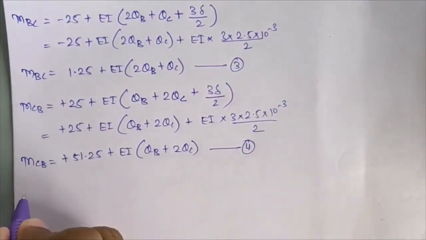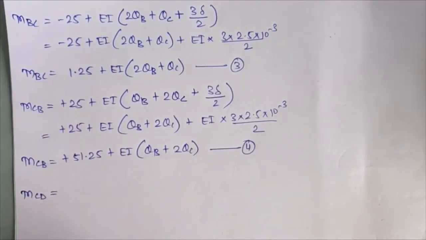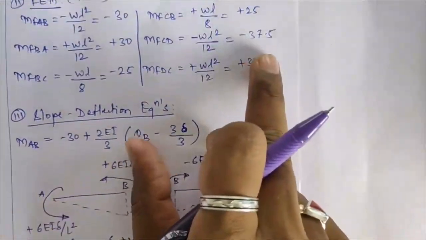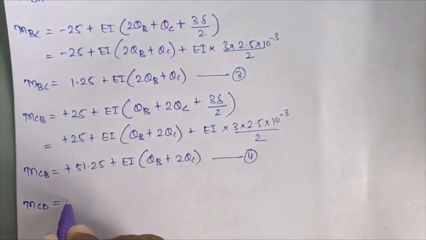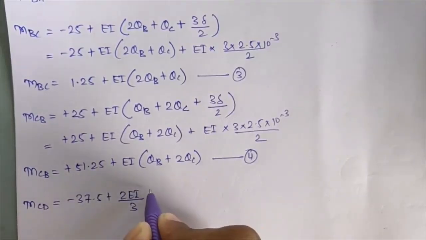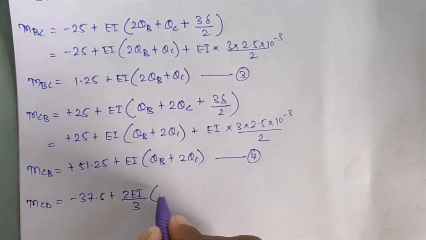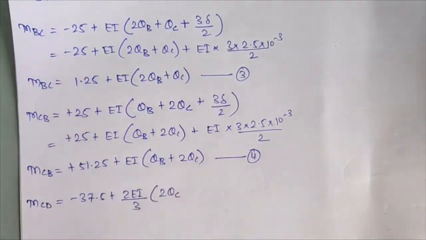So your one more span is added. So next equation will be your MCD. Okay, for MCD we have calculated MFCD equal to minus 37.5 plus 2 EI upon length of your member CD is 3 into bracket. Near end will be your C, far end will be your D, but far end rotation theta D is 0. So what will remain? Just 2 times of theta C, and here your delta will not be considered